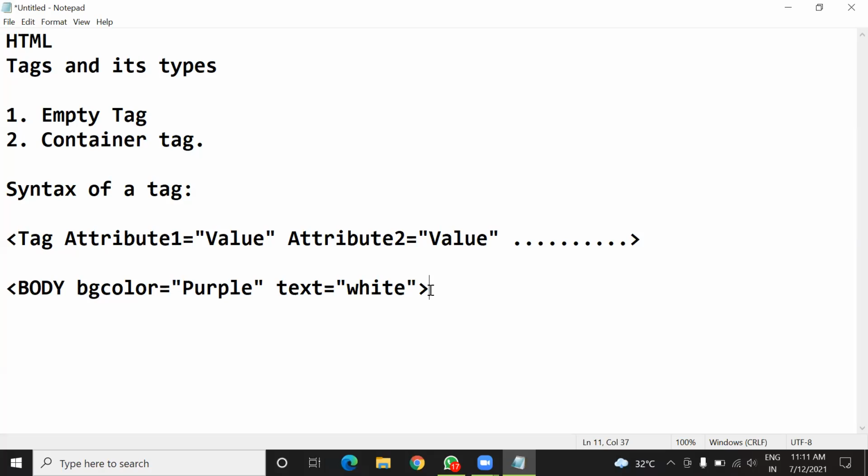Okay, but instead of writing this color name, you can put the hexadecimal color code also. So do you know, everyone, this hexadecimal color code? Yes, sir. Any other student? Okay. So this is how you have to use a tag in an HTML document.